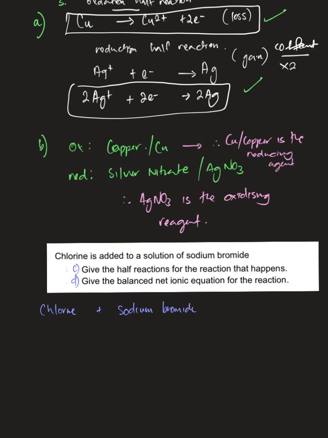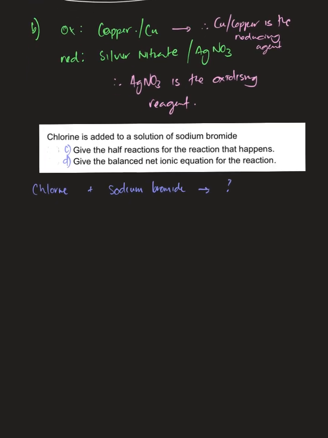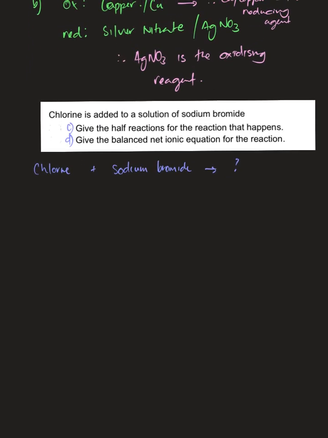But they haven't given me my products. So I've actually got to go ahead and write that down. So I know that chlorine is diatomic, so Cl2, which is a gas, plus sodium bromide. That's Na plus, and that's Br minus. So NaBr, and that is a salt. Now I can see I've got again an atom and a compound. The only type of reaction that can take place here is